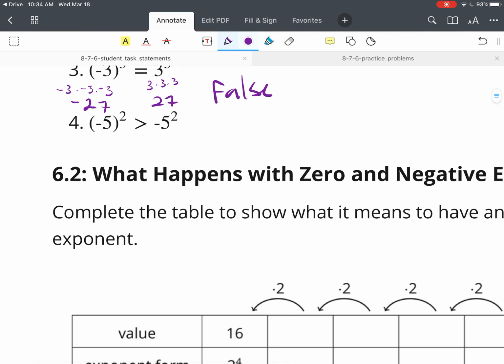And then last but not least, -5 squared, well, that's -5 times -5, which is positive 25. And then this, some of y'all might get tricked out. This is actually -5 times 5. The negative,